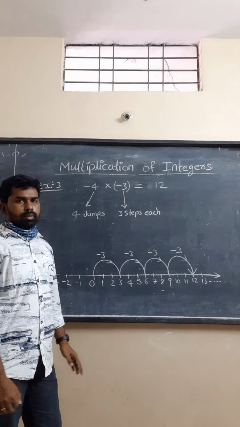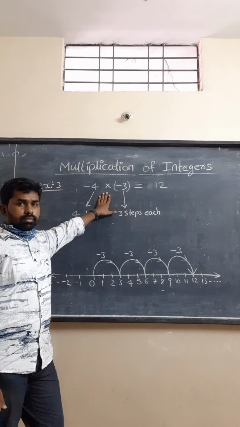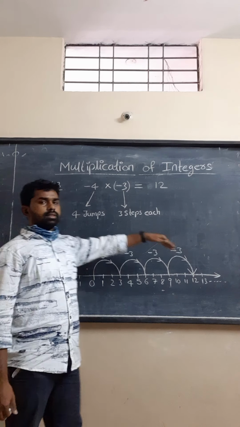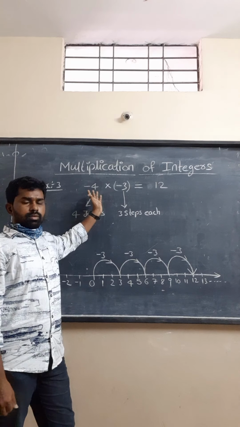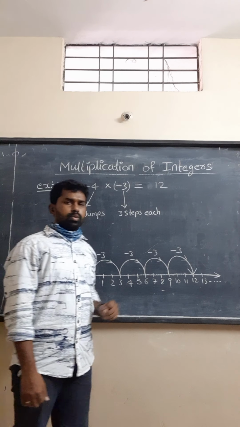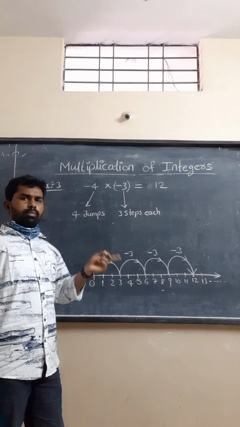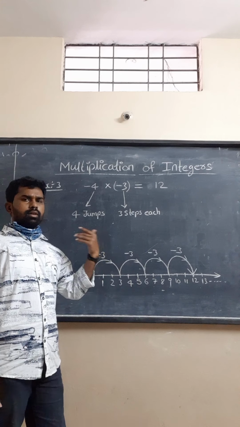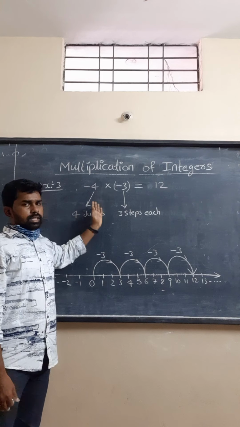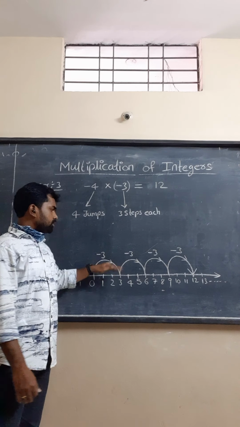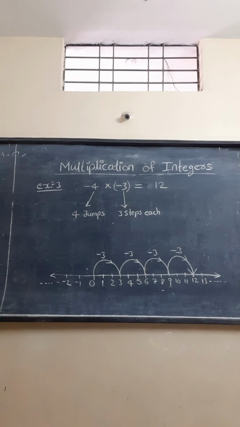That means how to remember simply, if the integers have the same signs, the curve is moving towards right side. In the first example, both are positive integers only. That's why the curve moved towards the right side. In the second case, one number is positive, one number is negative. That's why it went towards the left side. Now in the third example, both numbers have the same signs, so it is also moving towards the right side. Okay, understood? I am rubbing the board.